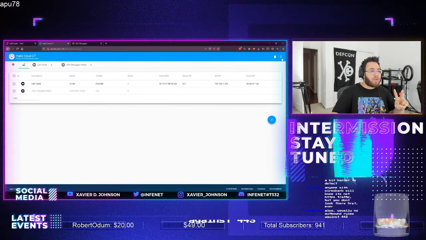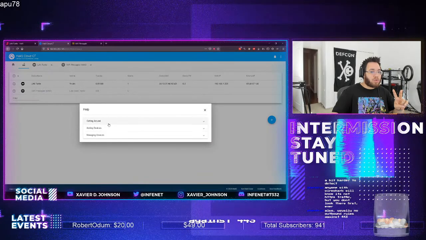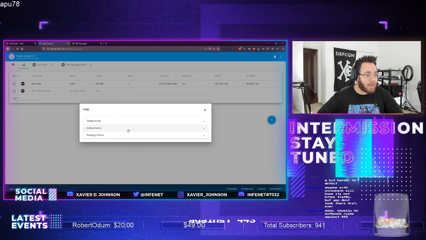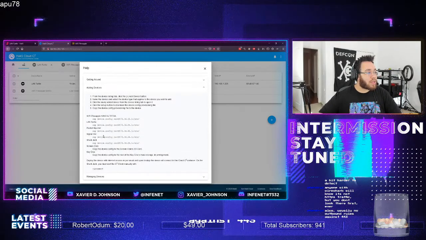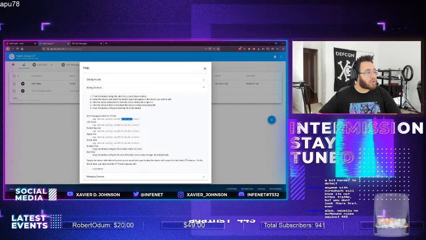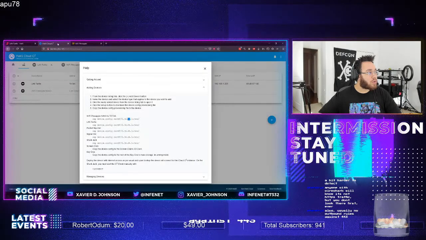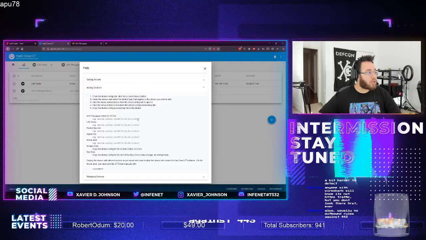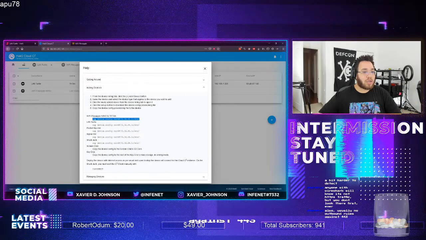Oh, here you go. When you go over here to help, it shows you getting around, adding devices, managing devices, right? One of the things is it immediately lets you know the IP address. If I remember properly, that's a 4.2, right? So what we should be able to do is grab this